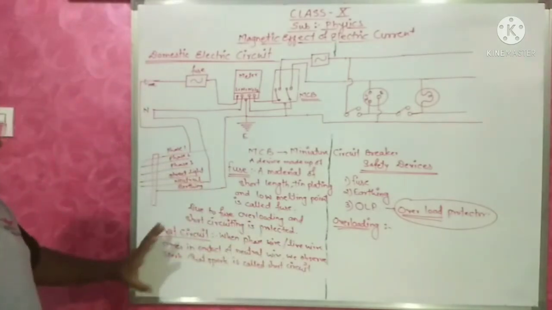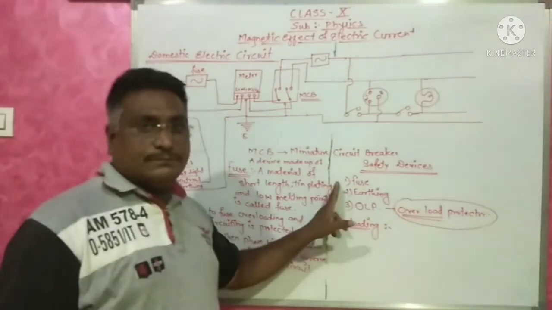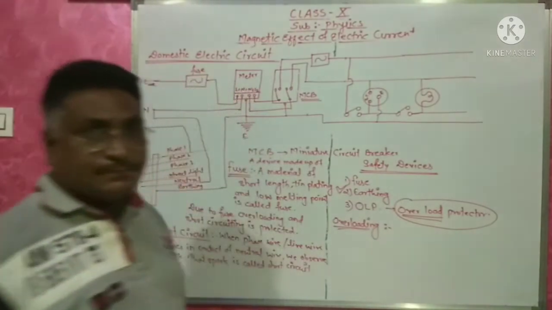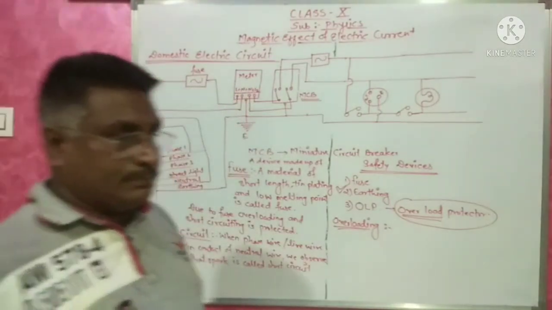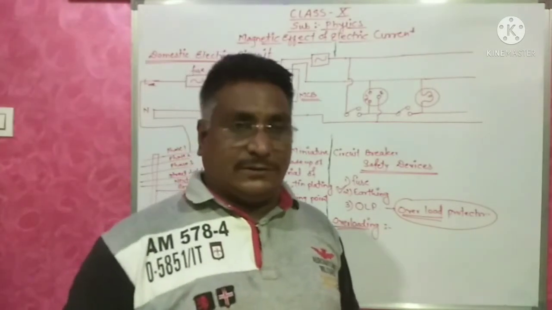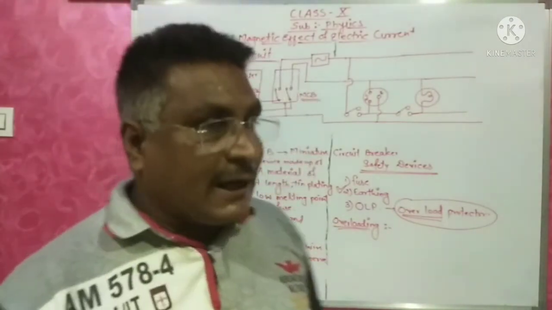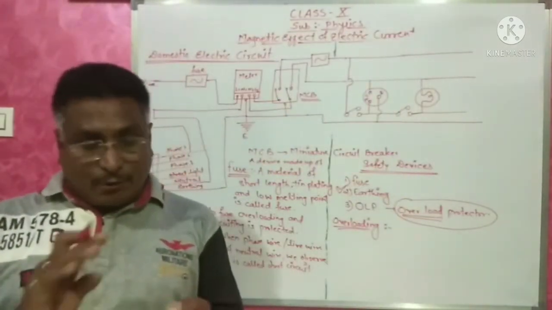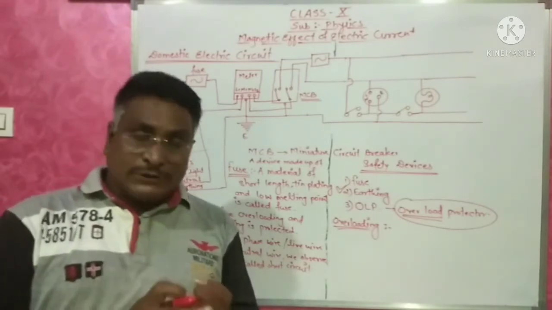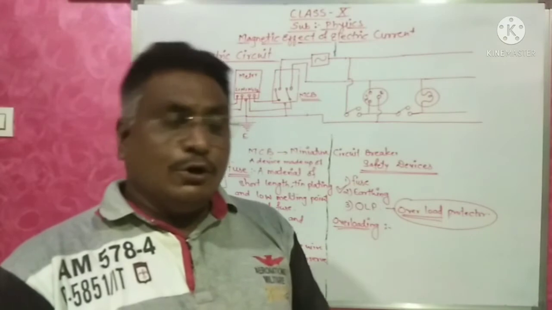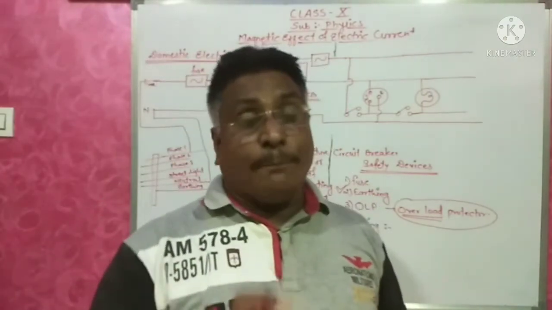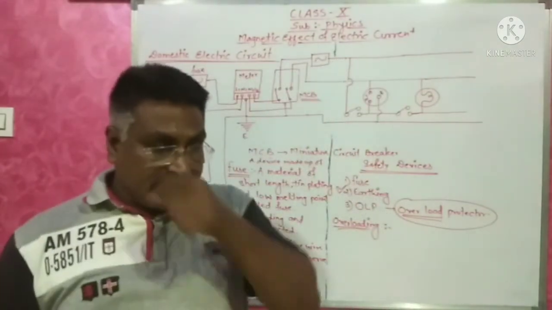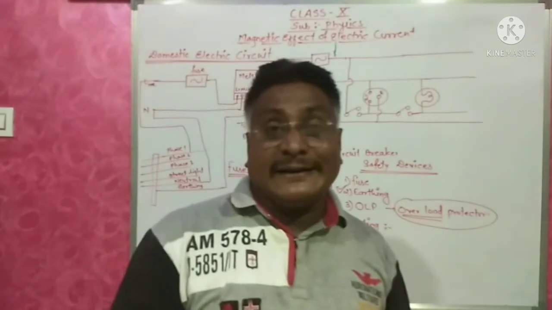So this is the most important thing: the fuse. Second is earthing. Every home should be properly earthed. Every big appliance should be properly earthed. Electric iron, cooler, washing machine, air conditioner, all these appliances should have proper earthing. Otherwise, in so many cases you have heard, due to filling water in the cooler, the person got an electric shock.